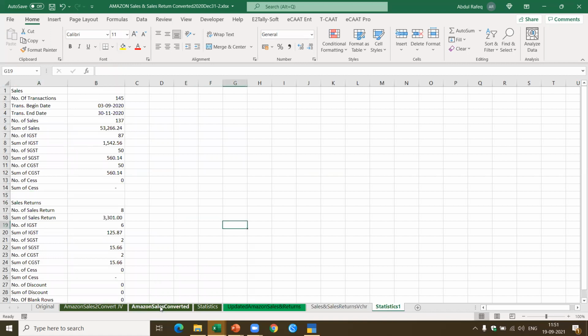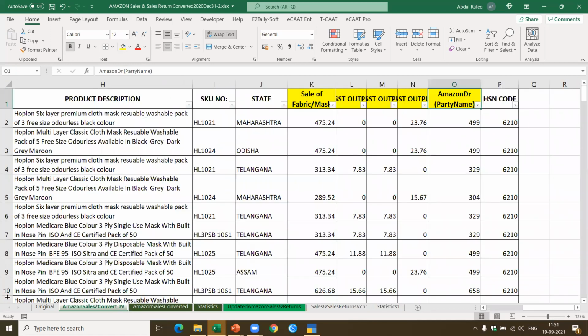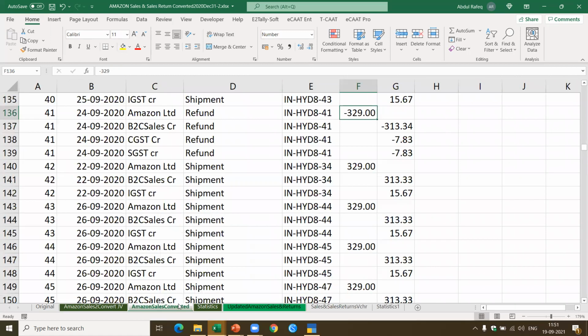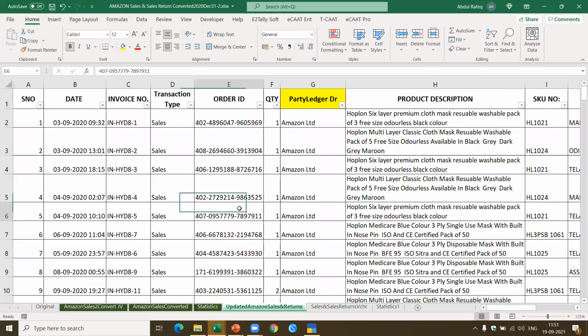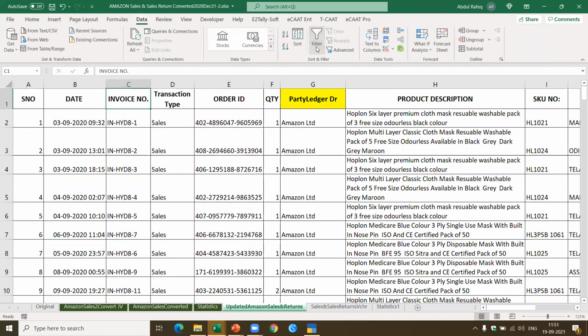Now let's say I have got this data. This is the data I want to convert. Let's see how I can convert this, just to show you practically, when the data is available, how you can convert it based on the actual sales. Let's say this particular Amazon dealer has about 100 to 200 transactions. He can download the Excel sheet, spend 5 minutes formatting this data, renaming the columns, etc., and then he is ready to convert and import. This conversion and import can happen in 5 to 10 minutes.